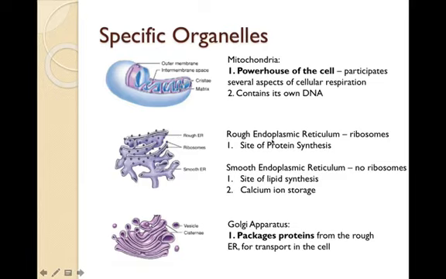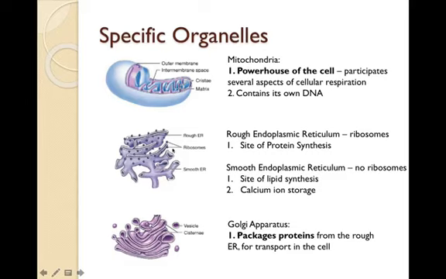There's really two types of endoplasmic reticulum. There's a rough endoplasmic reticulum. You can see this sort of stippled appearance to the rough endoplasmic reticulum. This stippling is created by the presence of ribosomes. Ribosomes are a small site within the cell of protein synthesis. So when proteins need to be made, they're made on ribosomes. And at this site of protein synthesis, the proteins will be made, and they will be brought into the endoplasmic reticulum